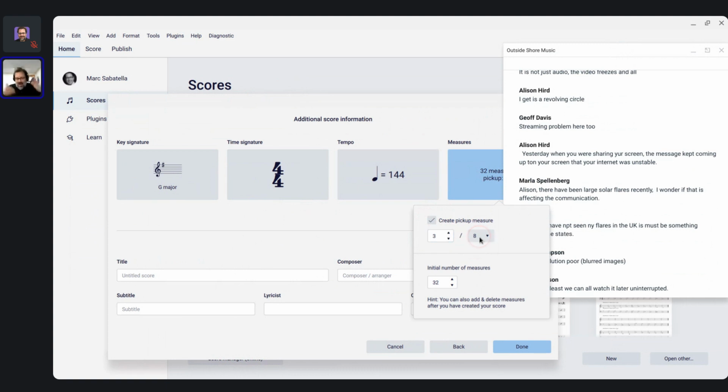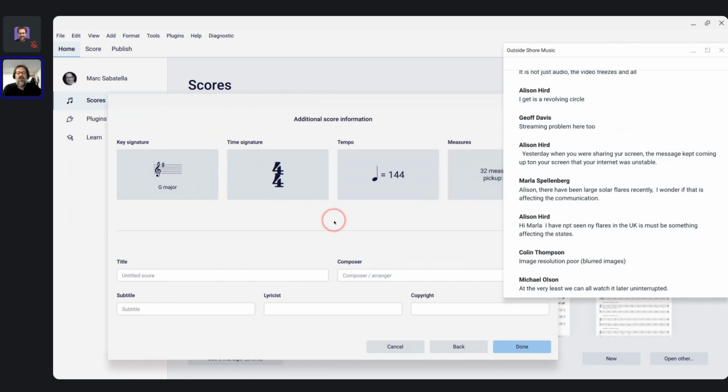It's not going to create a 3/8 time signature. It just says that your pickup measure, or anacrusis for those of you using the UK terminology, it'll say create anacrusis in here. So now I can have a 3 eighth note pickup or whatever I want, or a 1 eighth note pickup. So this dialog is then where I will also